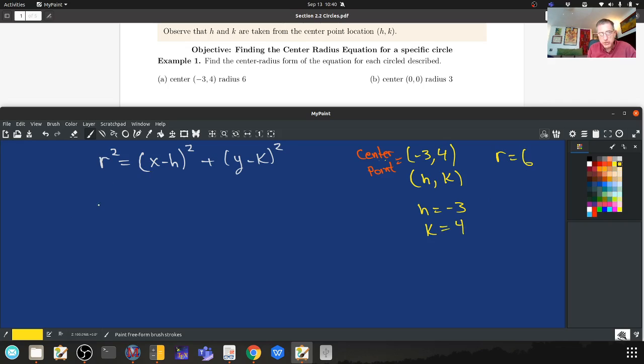So I literally just plug in the values here. 6 squared, and I know the formula up here has the radius on the right hand side of the equation, and I'm not even going to entertain that that's important, because if a is equal to b, then b is equal to a, and I can put them on either side. So 6 squared is equal to x minus h, and my h is minus 3,